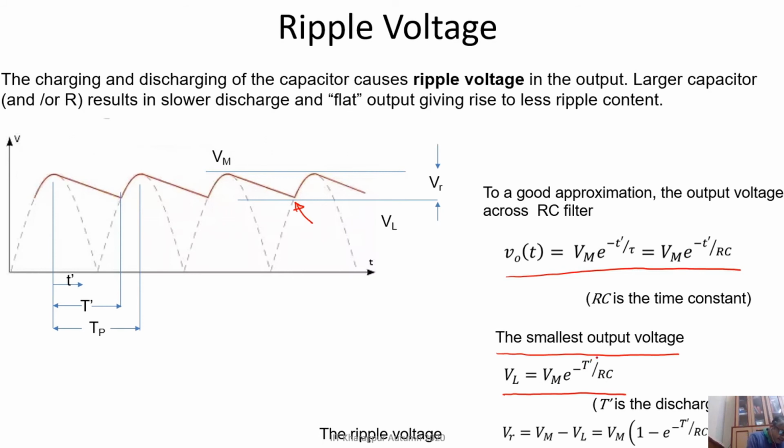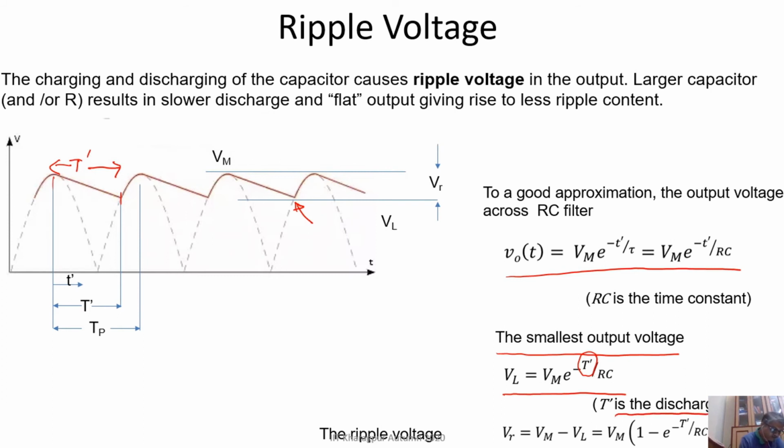Because this capital T dash, if you look at this graph, is this much. That is the time it takes to discharge before it will charge again. So we can write VL in the form of exponential minus capital T dash over RC, right? This capital T dash is the